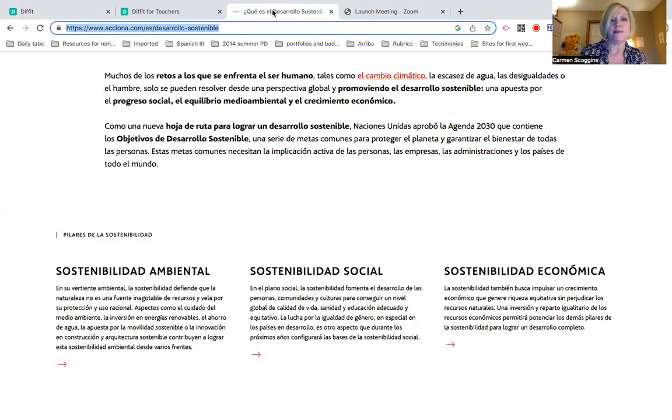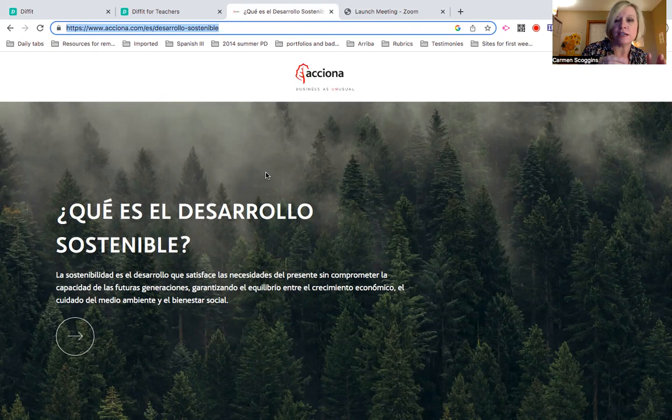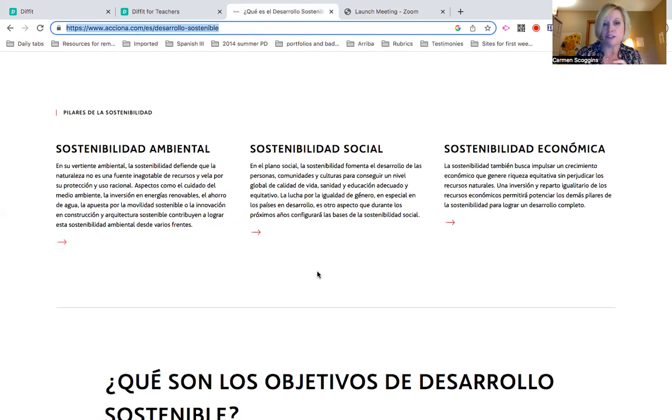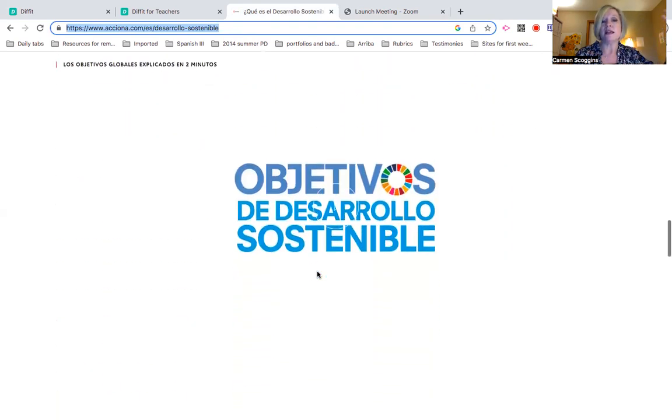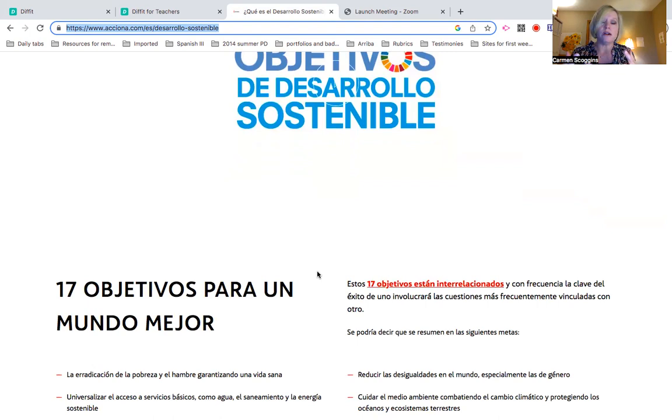So we're talking about the interpretive mode, right? And we know that sometimes we find these amazing, authentic resources. And we know that the old adage is to change the task, not the text. But sometimes we want to give our students access to something that might be a little bit above their level. And so this might be something I would share with my level 3 students about sustainability. And this is a unit that we do. And they're good and they can understand a lot. But if I want to do a little bit more, with a richer text, then I might level it down